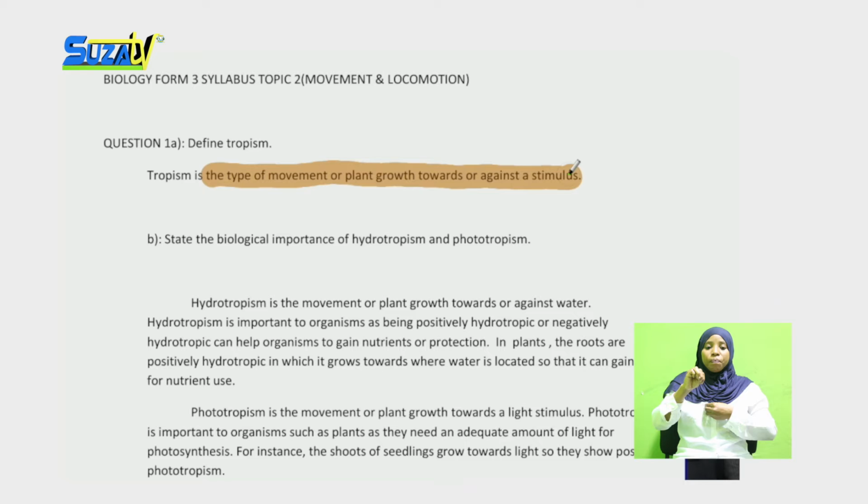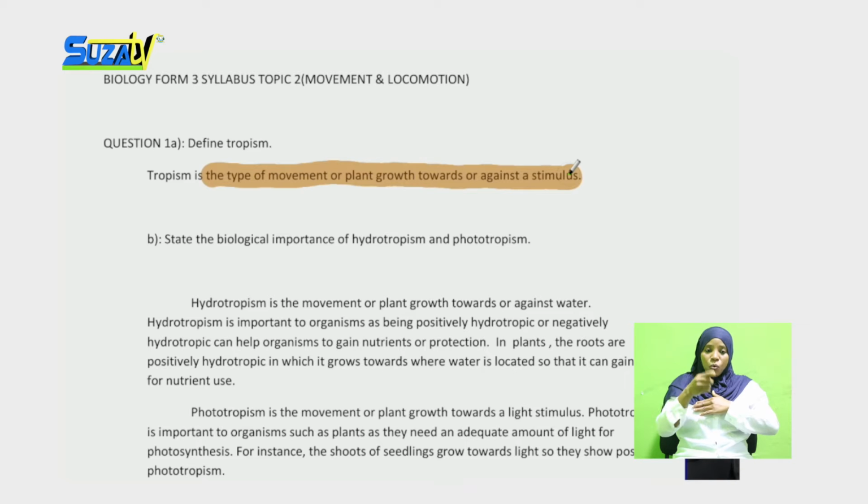Once the student has the concept, they can answer rather easily by asking themselves: why is it important for an organism to have these two things? Beginning with hydrotropism,